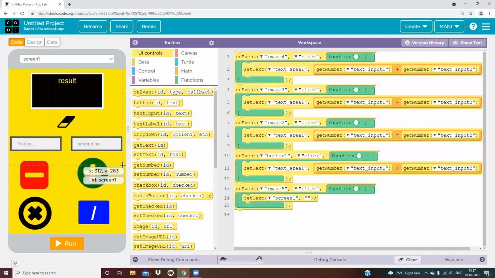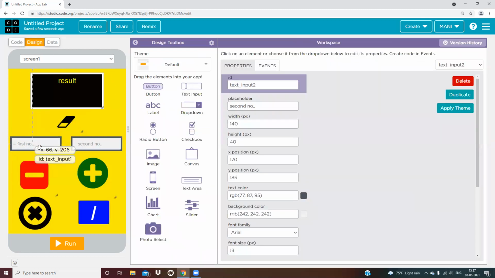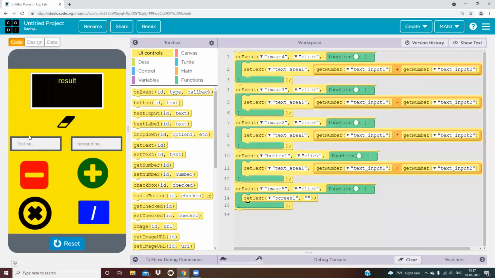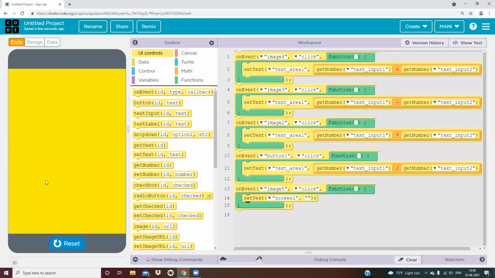Now I want to show you how it works. Okay, I'm running it. First I'm giving here 12 suppose, and over here 4. And if I press plus, then it is showing 16. And when I'm clicking on this erase, it is completely black.